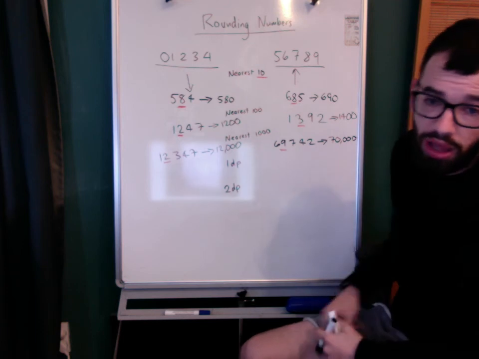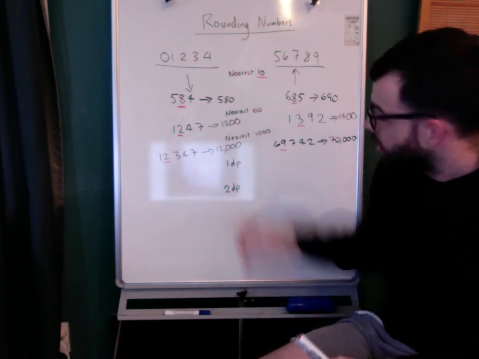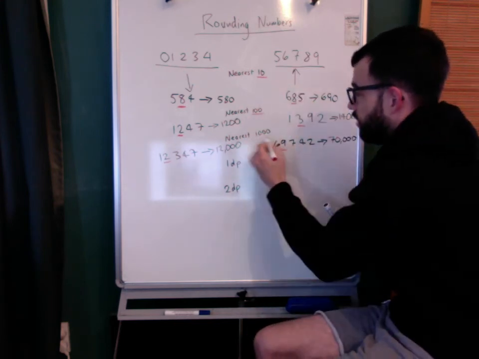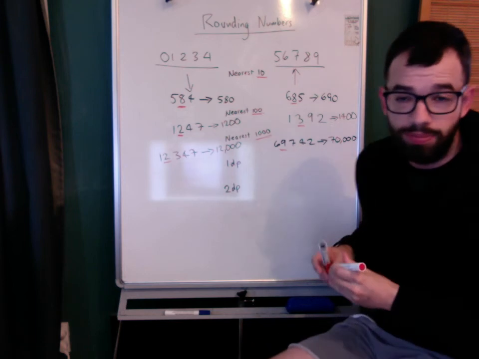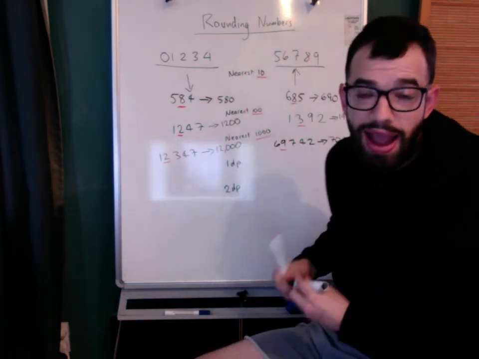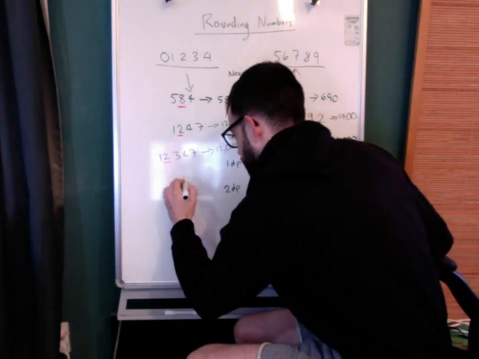So this can be applied to rounding any number. You highlight the number that you're looking at. So whether it's 10, 100, 1,000, whichever number is in that column, you look at the number to the right and you go from there. Now, decimal places are exactly the same. They just have a decimal point in there. So if we have the number,